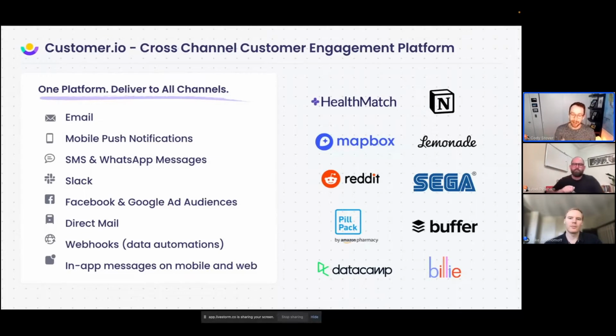And I actually want to go a little deeper, as you prefaced there, little spoiler, to one of the use cases on the drop-off rate you were seeing. And then we can talk a little bit more about how you actually put that use case together in Customer IO. First off, folks in the crowd, maybe if you haven't met Customer IO before, or haven't heard of our platform or used it,